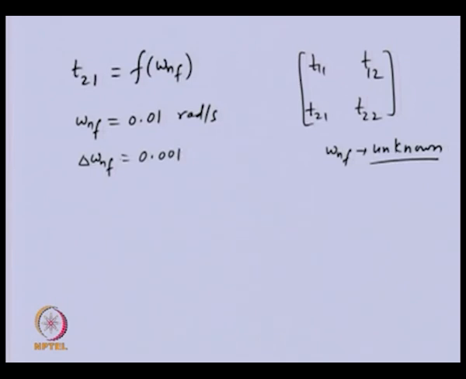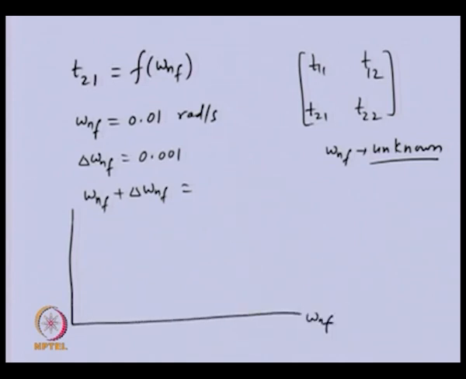So this will be the new natural frequency for the second step, and we will again substitute this in the function and see whether it reduces or increases. In fact, we can have a plot of the natural frequency chosen and this function,